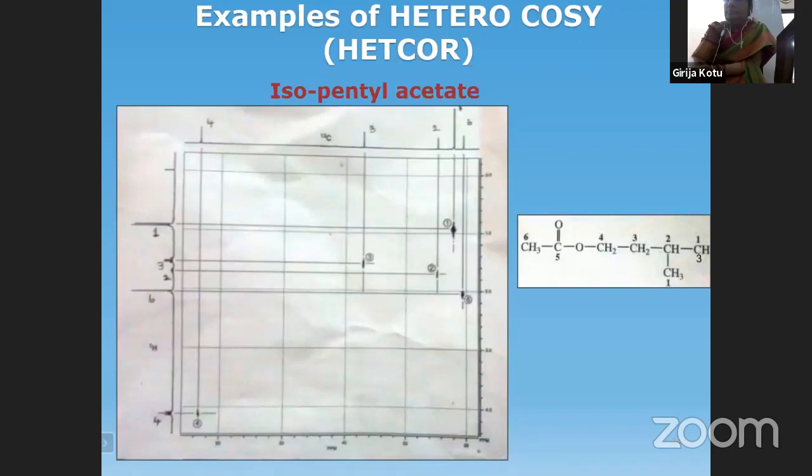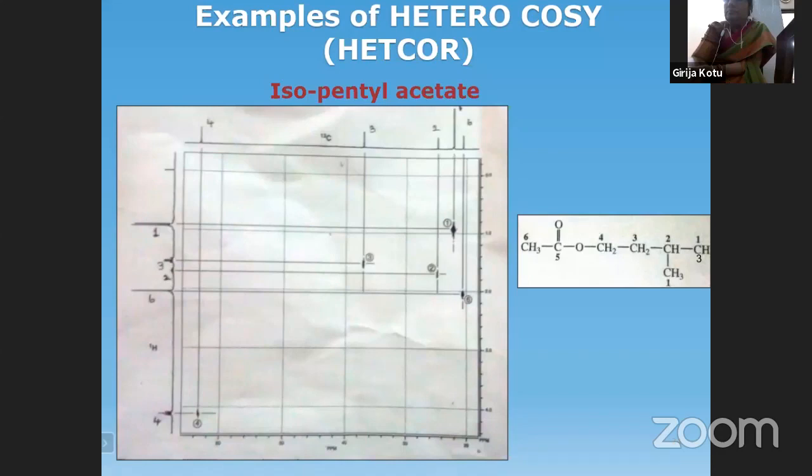We'll start from the left. So the fourth signal on the carbon C13 NMR x-axis. It has to have a connectivity to which proton? Only the fourth proton. So draw a line vertically below the fourth signal, signal 4. And when you try to connect it to the y-axis, there is a cross peak, the dot I'm showing at the corner. That is a cross peak which is connecting to the fourth.